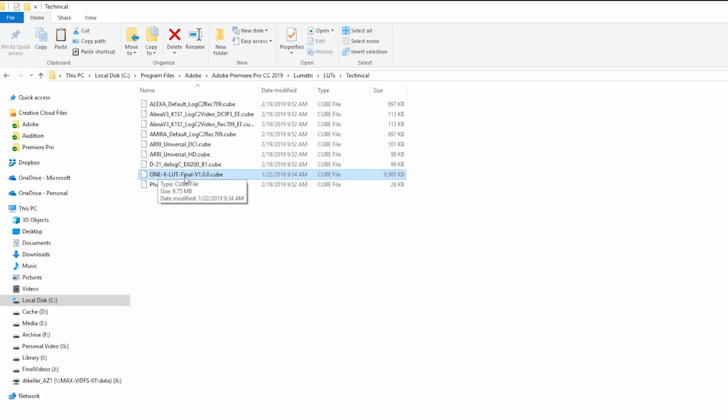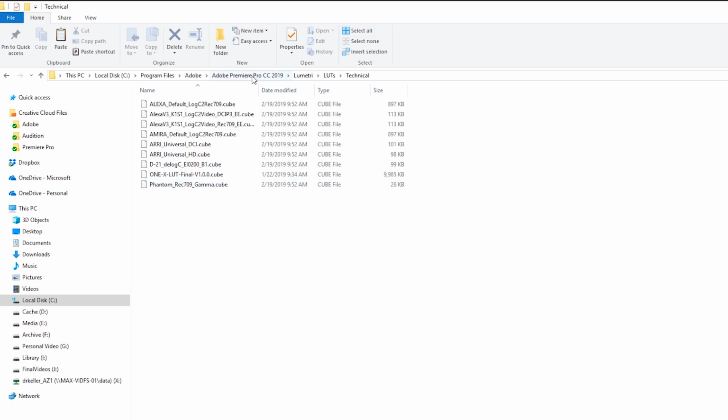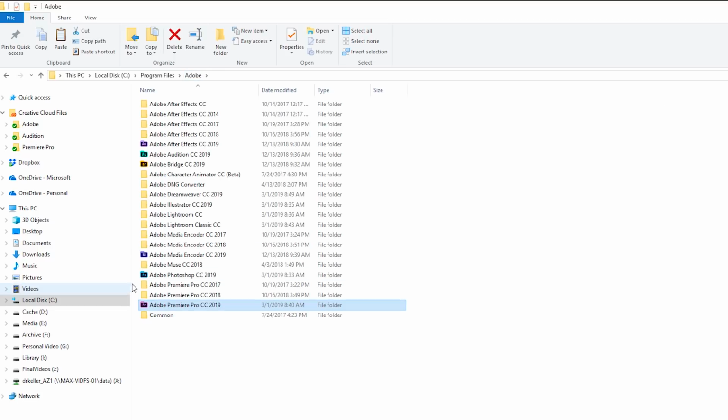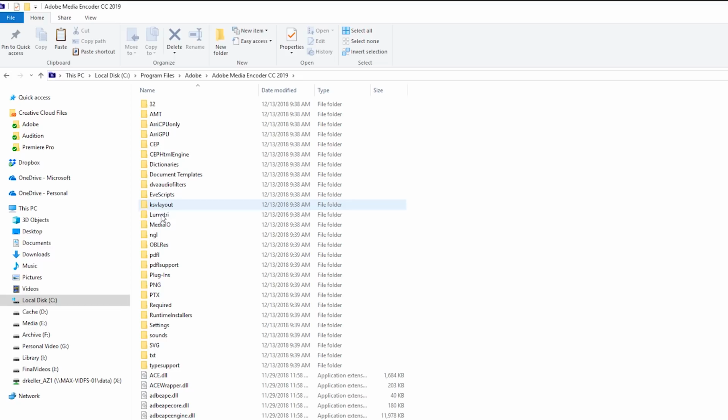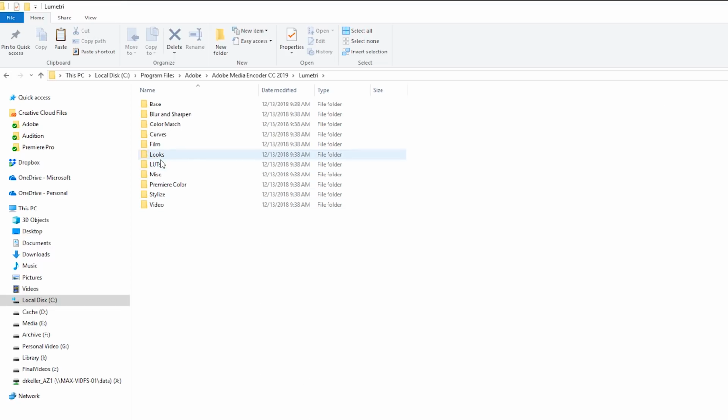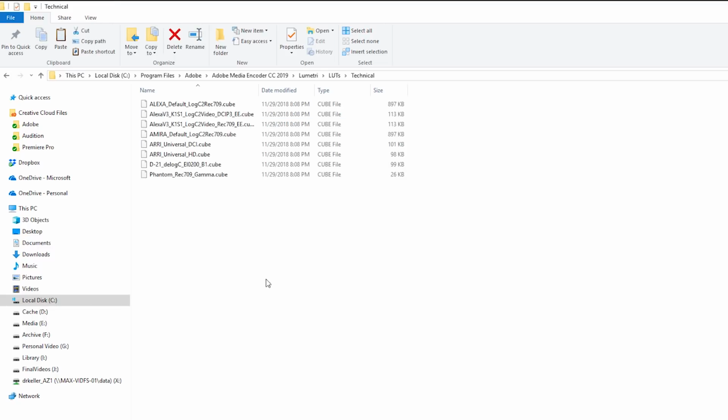And now I have this LUT in the technical folder of LUTs and in the color correction. But I need to copy that LUT more than just into Premiere. Because when I go to encode, if I use a media encoder, it needs to have the LUT. And if I move this footage over to After Effects, it needs to have the LUT. So you need to make certain that you have also copied that LUT into, here's media encoder, LUTs, technical,